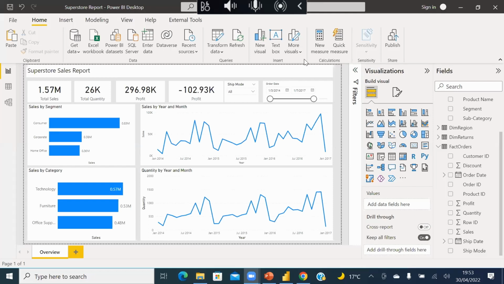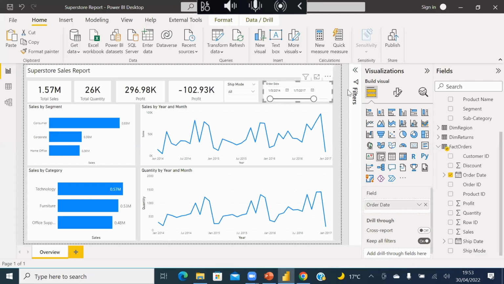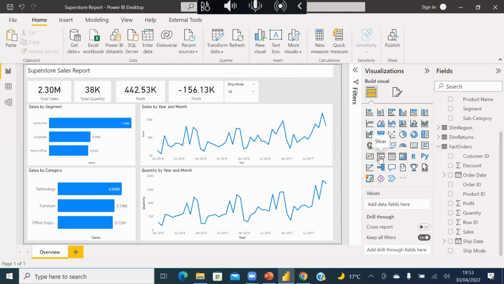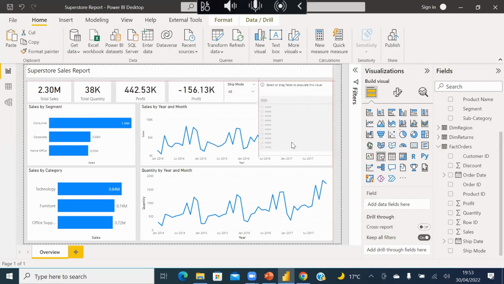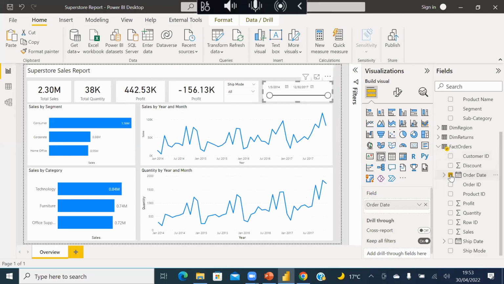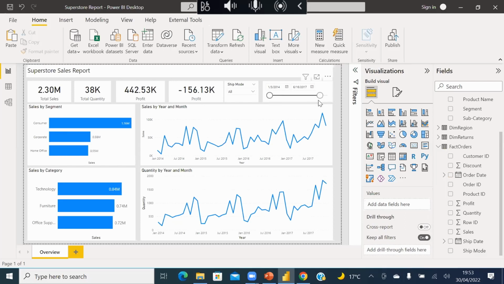Oh, someone is asking, how do we create a filter? Okay, I believe I just answered that, right? So let me do it one more time. For example, I'll take this out. There's a slicer here. This is called a slicer. So you click on slicer, bring it to where you want to use it. For example, you put it here. So I'm selecting this. I want to use my order date, for example. Remember, we'll change this later on because we need a date table so that we can also filter by ship date. We don't want to have two dates on our reports, right? We just want to have one date filter. So we can filter with this.